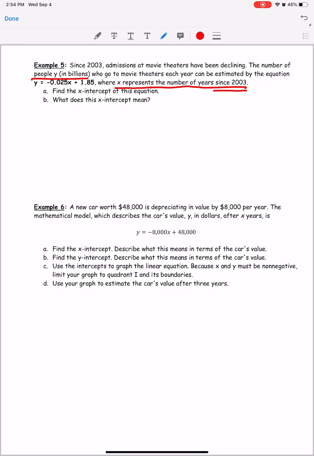Not just years, but years since 2003. So A wants me to find the x-intercept of this equation. So when I find the x-intercept, that means we're plugging in a 0 for y. So I've got 0 equals negative